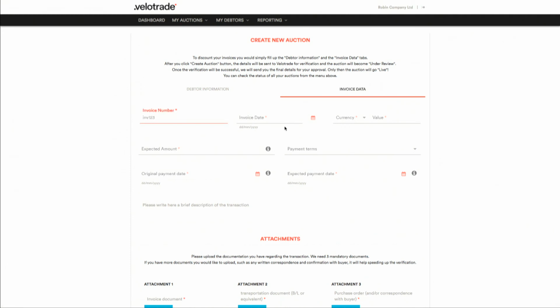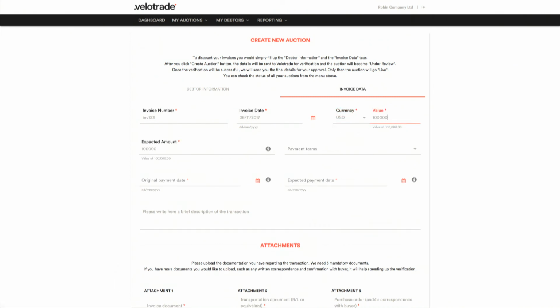Let's suppose the corporate has sold goods for $1 million. Payment terms, 90 days. This means that without Velotrade, the corporate would need to wait 90 days before it receives the payment. With Velotrade, however, the corporate can receive immediately $800,000 now, and the remaining $200,000 when the debtor